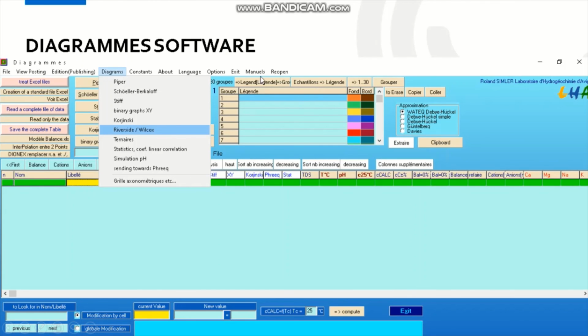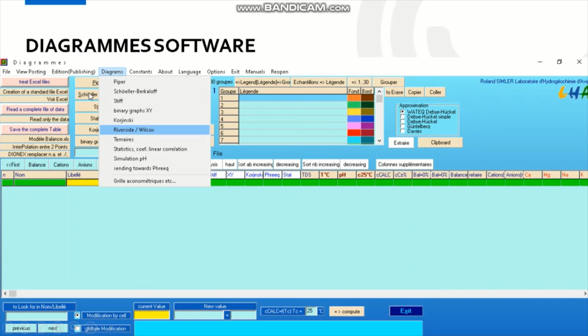So this is the Diagrammes software which I have explained already. This is by default created in French language, but if you go to the language section, you can change it into English. But after changing into English also, if you see here, the legend and these things are still in French language only. So you have to modify them one by one. So it is possible to modify. So this is the overview of how the diagram looks like.